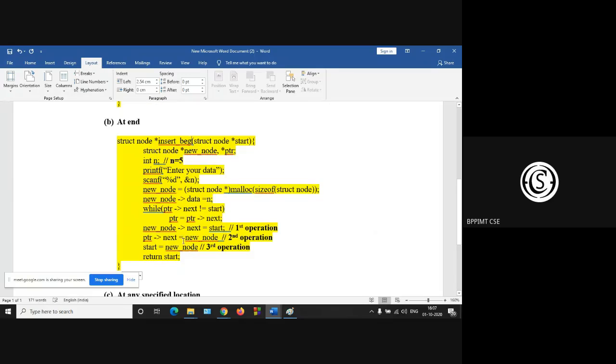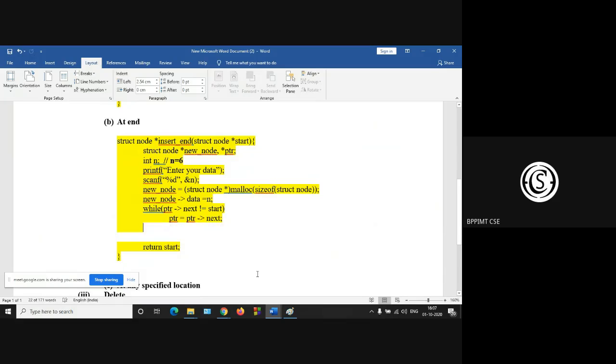Insert end. Here your value is 6. The new node is dynamically created and the 6 is inserted at the data part of the new node. Now, while PTR next is not equal to start, after completion of this while loop, you are at the last node. Then delete these ones.